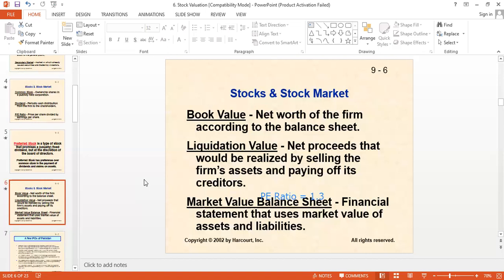Today, everyone knows Lucky Cement, and all the customers approach Lucky Cement. So this is the reputation, the goodwill that Lucky Cement has earned. So the market value would be whatever amount the market says. It is mentioned over here for the financial statements that use market value of assets and liabilities. Take the market value of your assets, take the market value of your liabilities, and you will get the market value of your balance sheet.